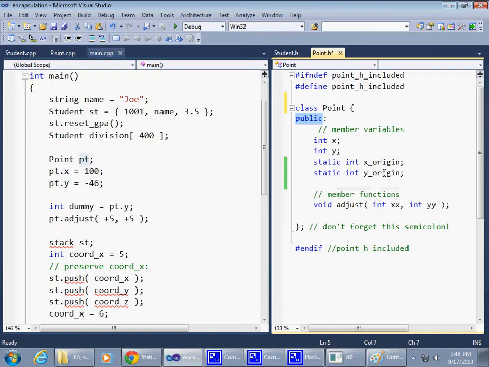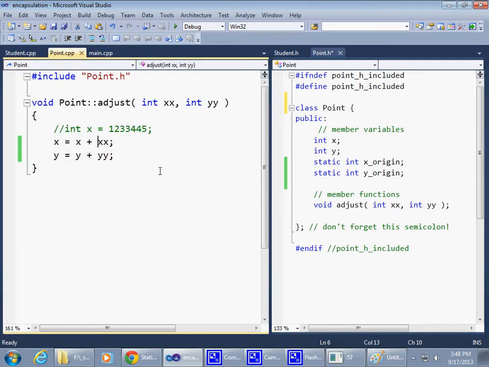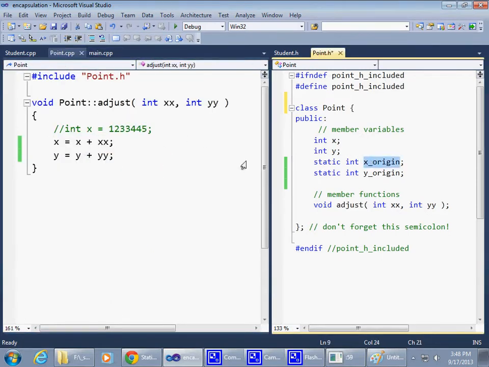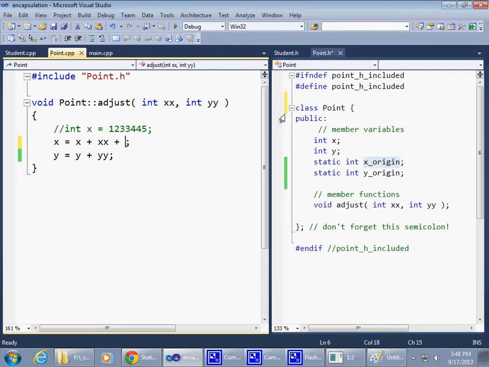But for now, let's just think that we want those to be shared, and what we want to do is be able to use them somewhere inside our functions. For example, for whatever reason, I could be doing this now, right? I can access plus x origin and plus y origin. I don't know why I'm doing this, but I'm just bringing up an example of how I could use this, like